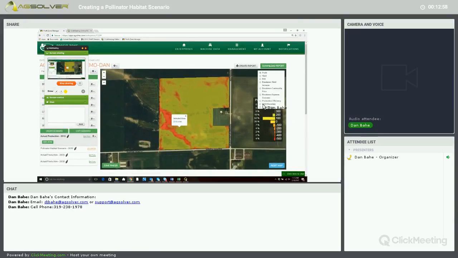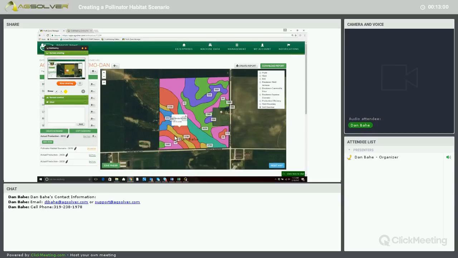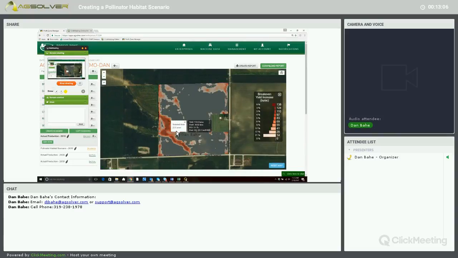So here we have our profitability map. If we want to look at a soils type map, we can do that as well. Or if we want to see our break-even maps. So like in this case, where we had that sandy ridge and took that out of production and rolled that into pollinator habitat, we would need to increase corn production 138 bushels to break even. Pretty hard to do, but in these areas where we only need to increase yield 14 to, say, 50 bushel,